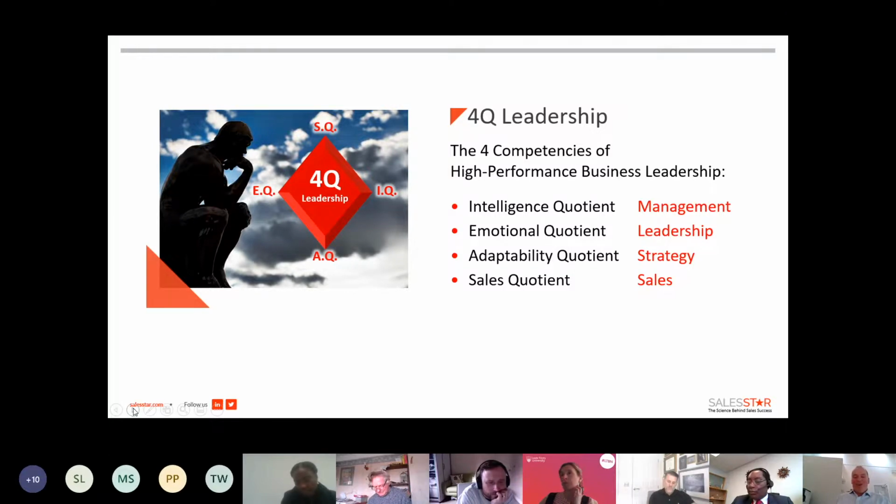And then the last one, and this is where most businesses, particularly in the smaller end of SME, will deny they have to do this, but it's about sales quotient. And this is about sales. Well, most people actually have to sell, but went into business because they didn't want to sell. So you've got to have a sales quotient. You've got to understand what your